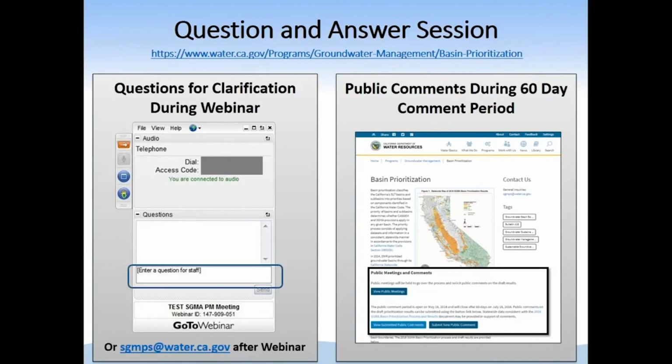This is a really good question that gets at another point we perhaps failed to mention, which is what prioritization really means. Prioritization is not a judgment by the Department of sustainability or even a judgment as it relates to whether there's groundwater management or sufficient groundwater management or sustainable groundwater management.